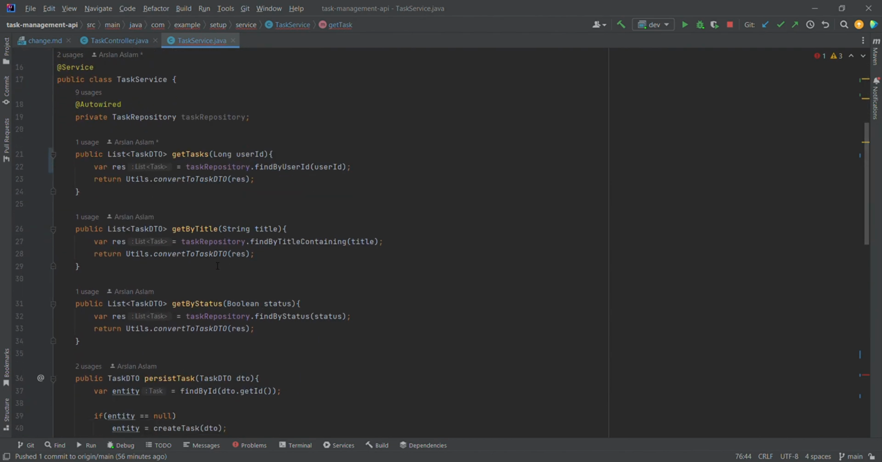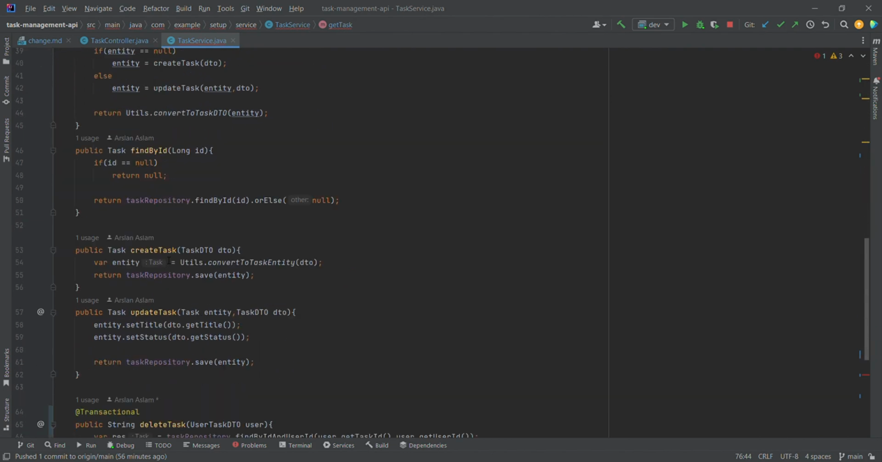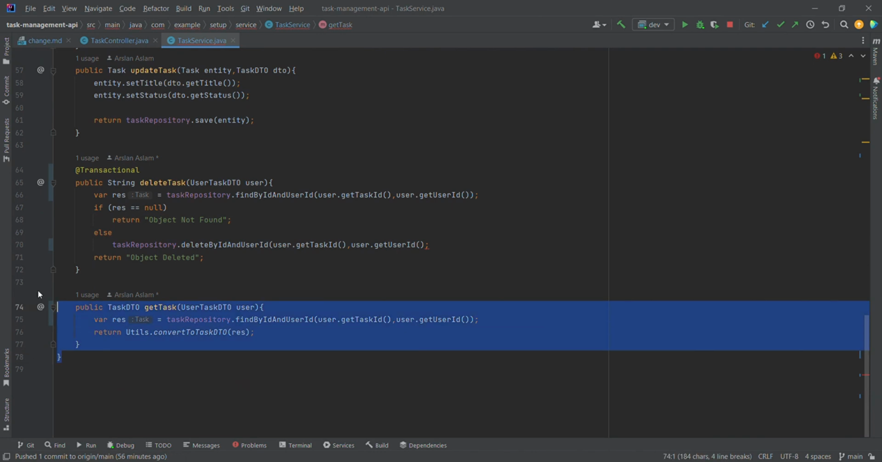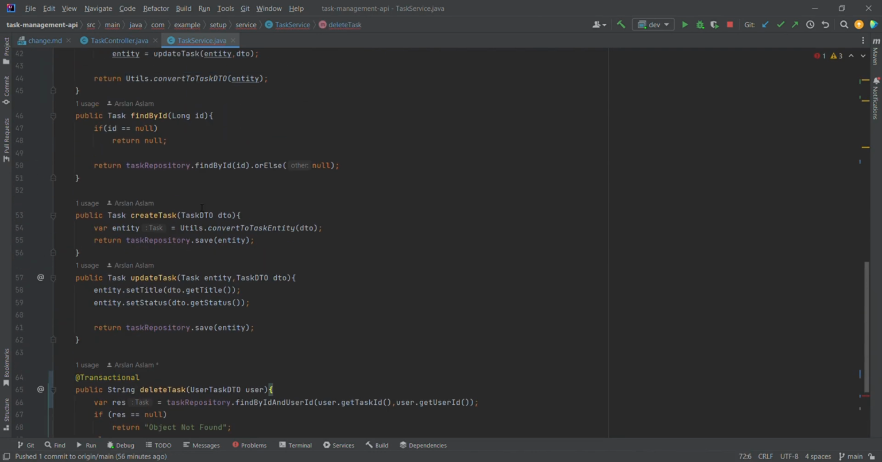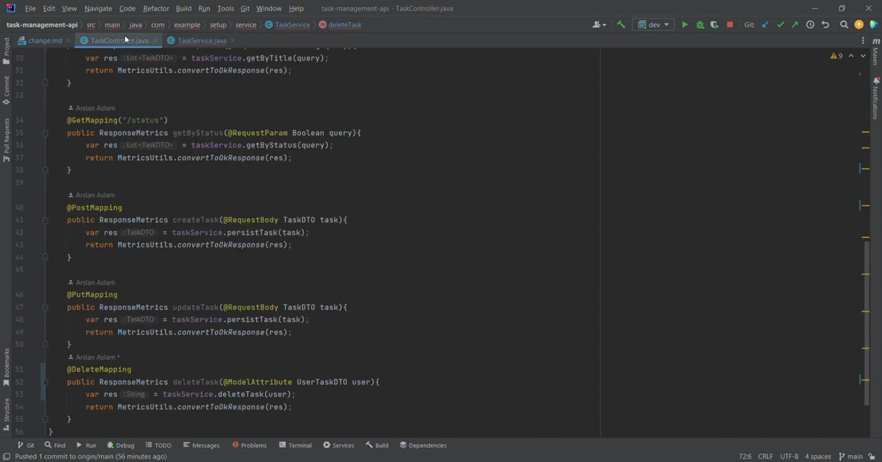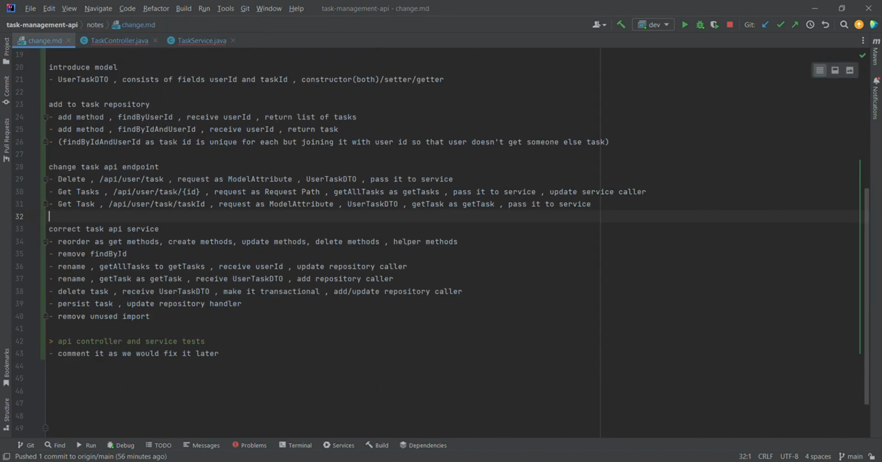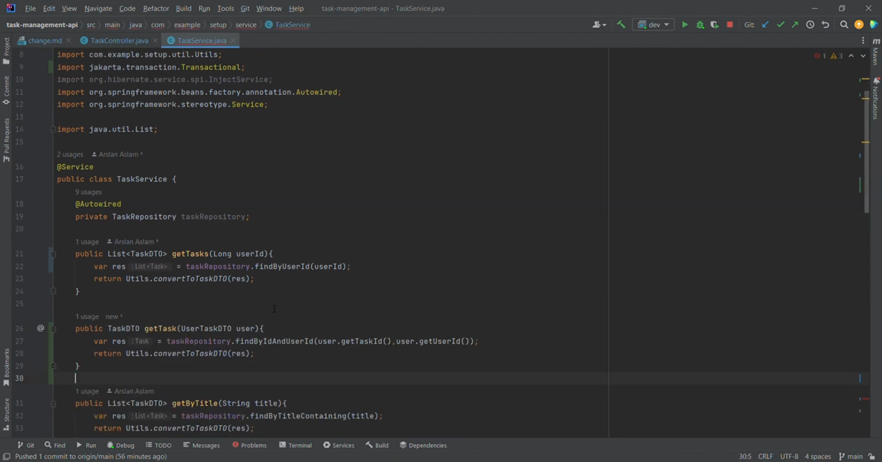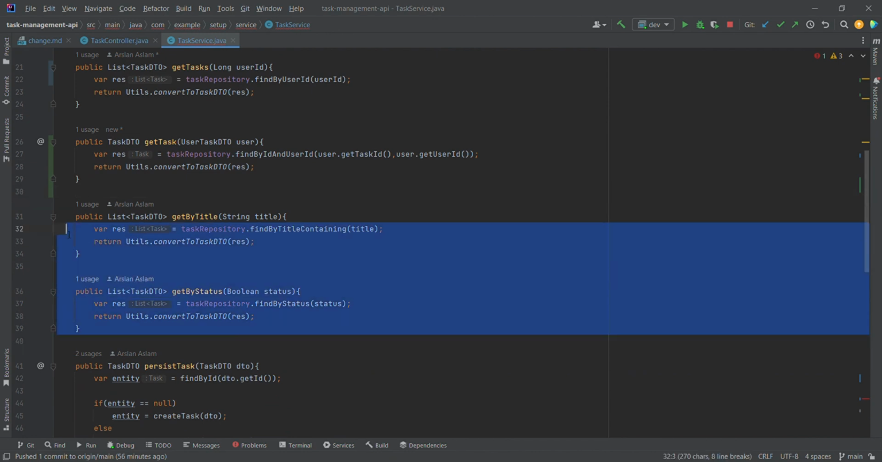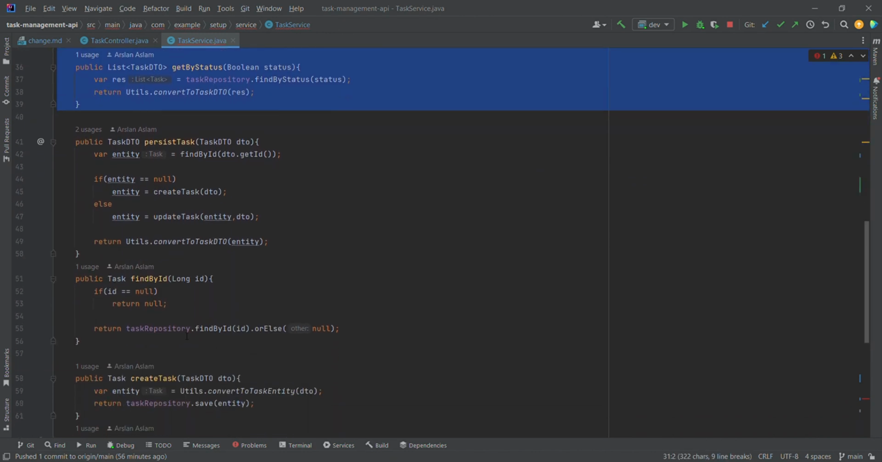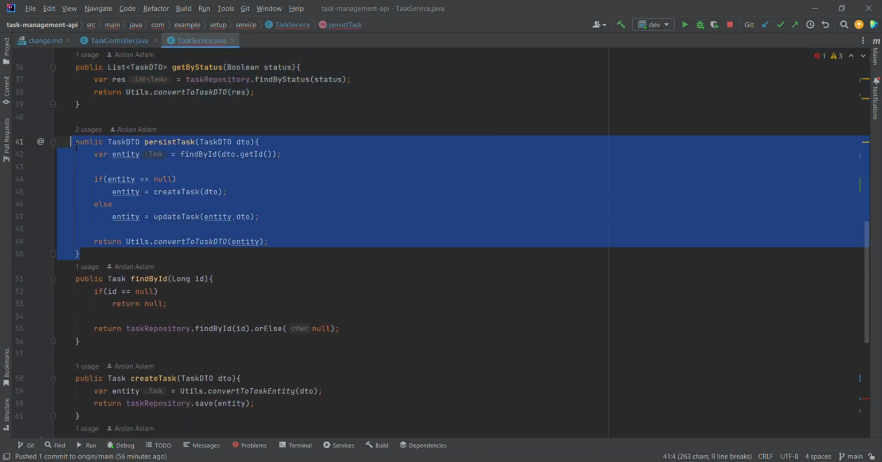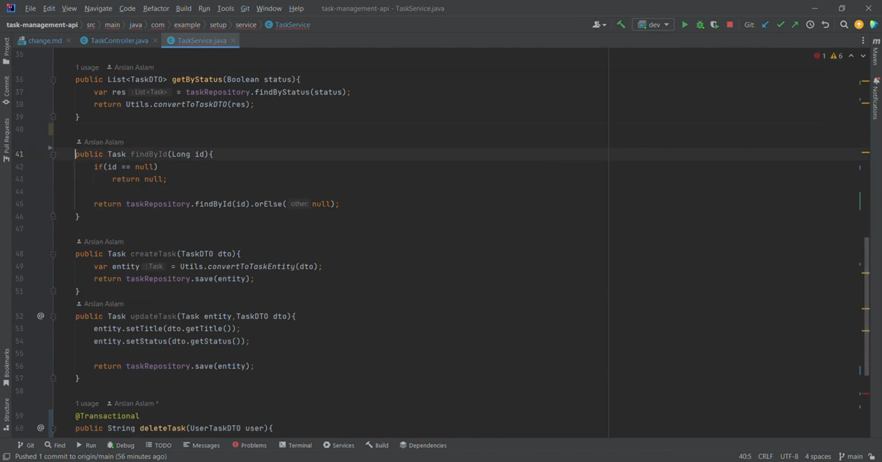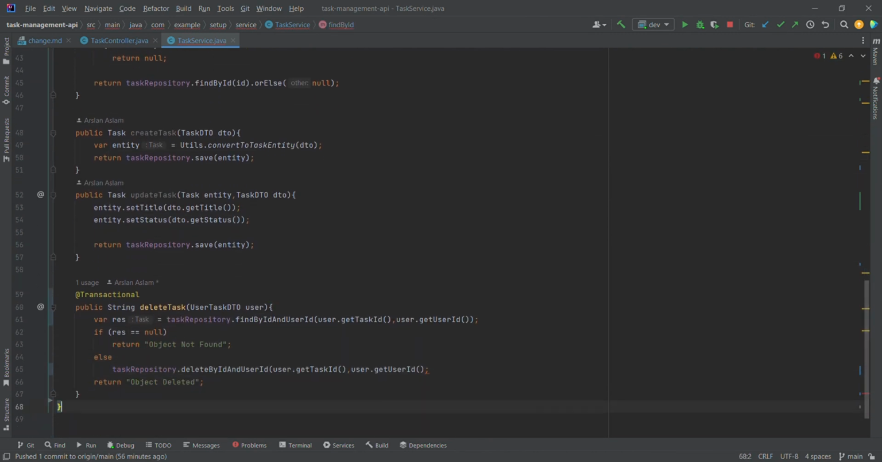Okay, so when I say it needs to be reordered, it means that the functions that are actually related to the, so reorder means first of all get method. Okay, let's just place the get method here. Okay, after this these are two get methods. Okay, and then we have a persist task. Persist task is a helper method. Okay, so let's just put it at the end,